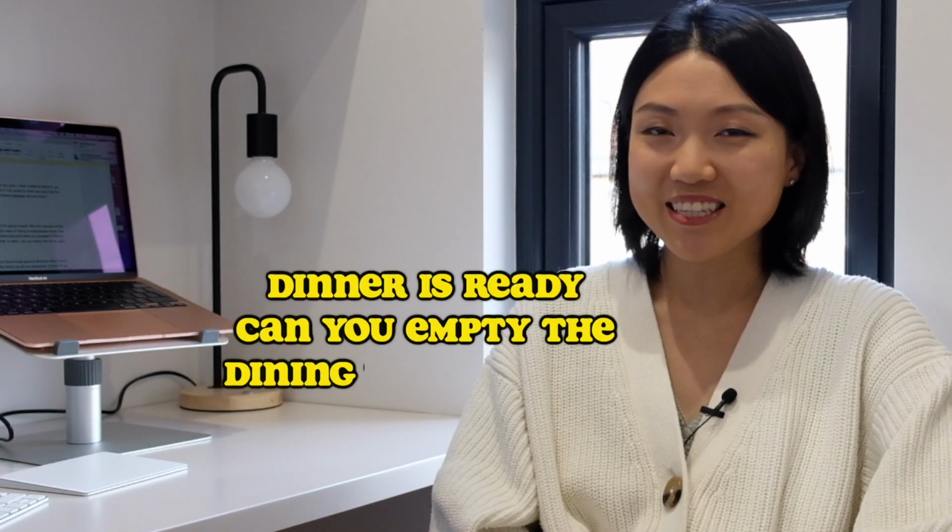Having a home office is probably the trend going forward, not only because of the pandemic situation, but also because of people's need of having a multi-purpose home. You really don't want to move your laptop here and there, and when you're deep in thinking, you hear a family member shouting, "Dinner is ready, can you empty the dining table please?" Like I said before, you really don't need to have a huge space to be able to afford a home